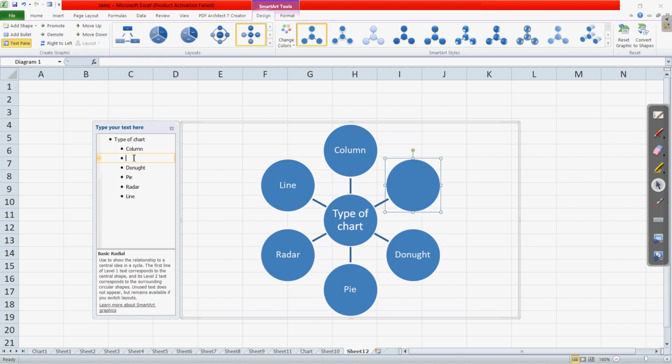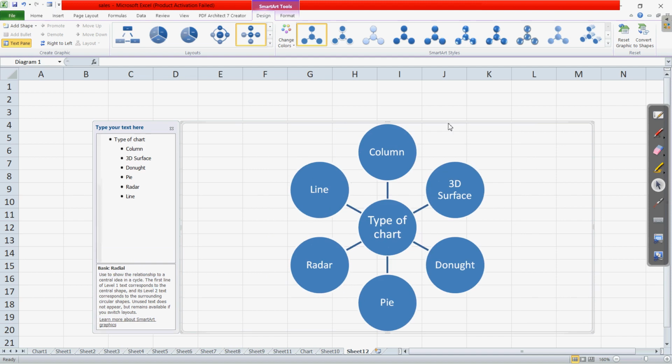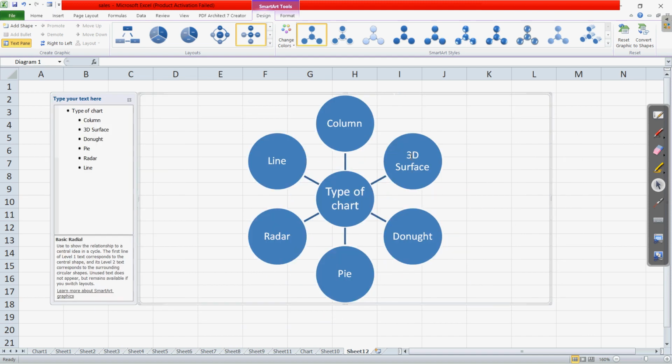One more we can write, so column, line, radar chart, pie chart, donut chart, and let us write 3D surface chart. Clear? So this way we have written few of the different types of chart. So this is as we were talking about. So this way we can write the values according to the data which we want to represent.